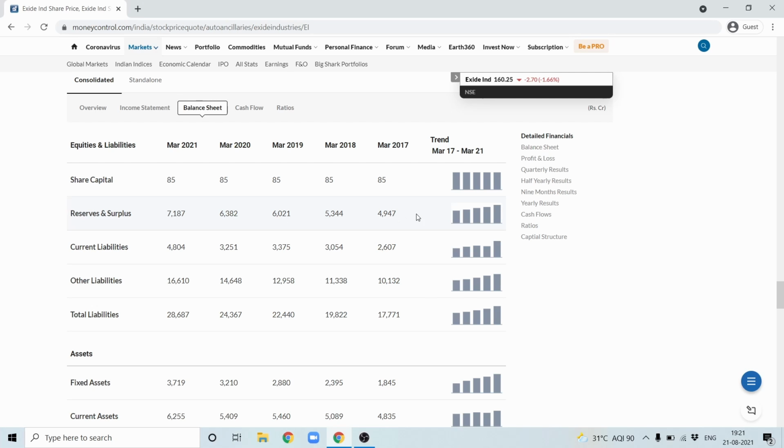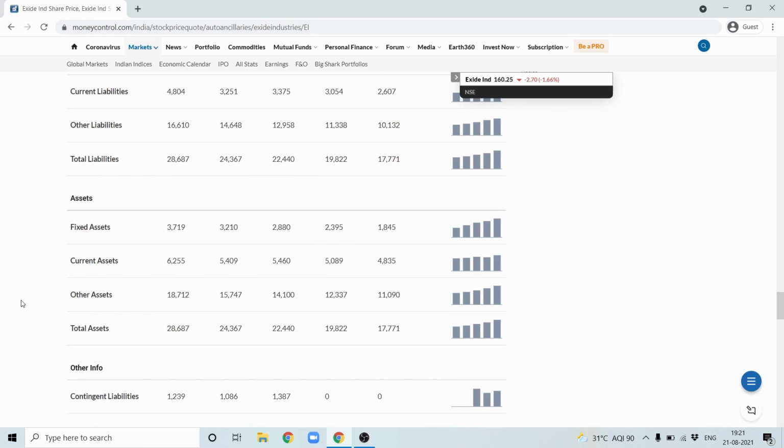So you can see here that is increasing year on year, which is a good thing. So in general you will have to see if the reserves and surplus is increasing year on year. And the liabilities is nothing but your loans. The company loan should be decreasing on an average year on year. Okay, that is how you will have to identify a company. So in here if you see the total liabilities is increasing rapidly, so that is one alarming statement.